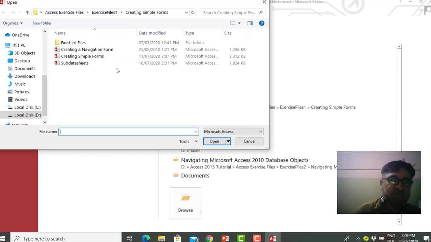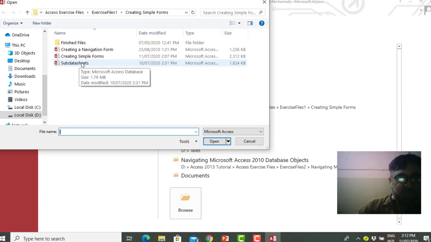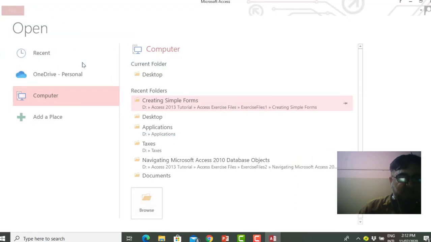Okay, so we have created simple forms with single item data, and now we will be creating an automatic subdatasheet. For creating this subdatasheet, we will have to open this subdatasheet database.